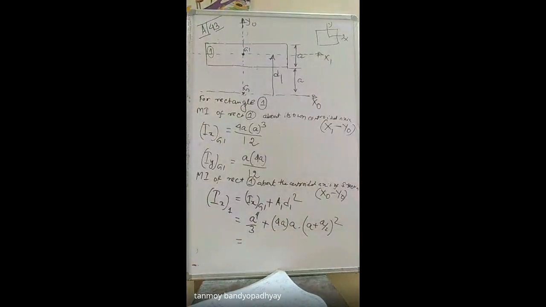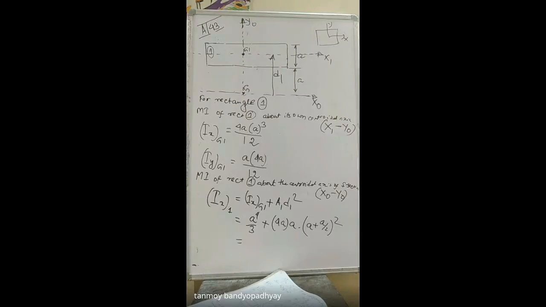So this is the contribution from rectangle number 1. So this is the contribution from the upper flange to the moment of inertia about the centroidal axis. Understood? Yes, sir. Okay, any questions? Look at this thing, this is the same, the other things are monotonic. Just follow this idea and you will be able to solve any figure, any type of figure. Let it be L section, let it be T section.